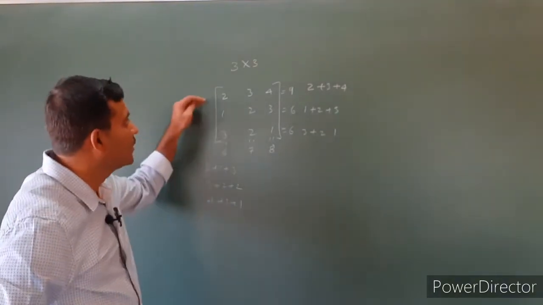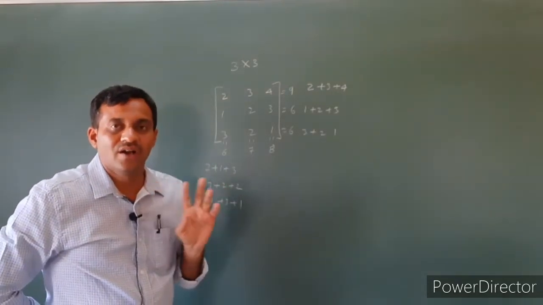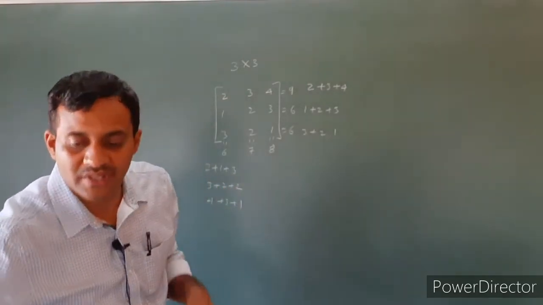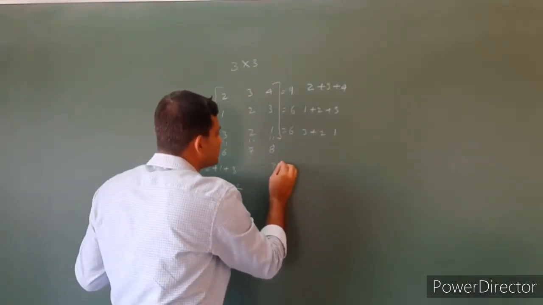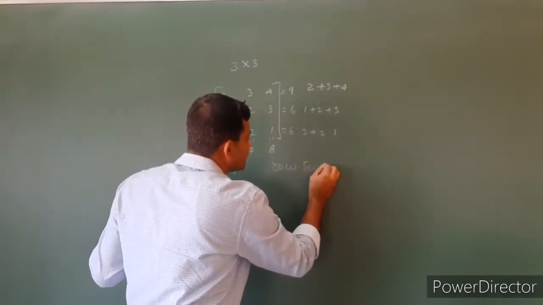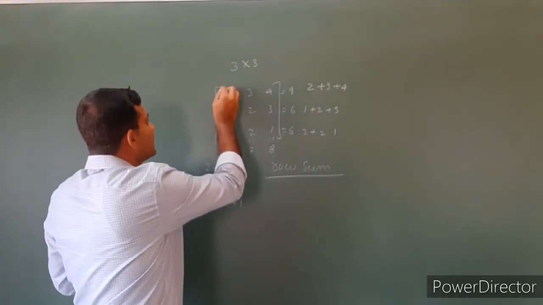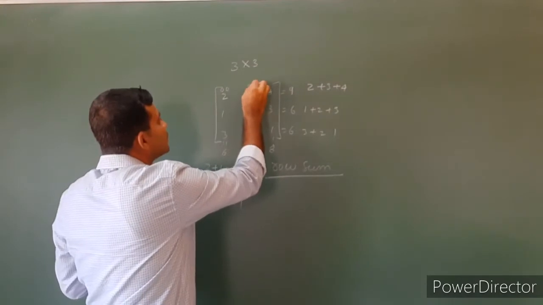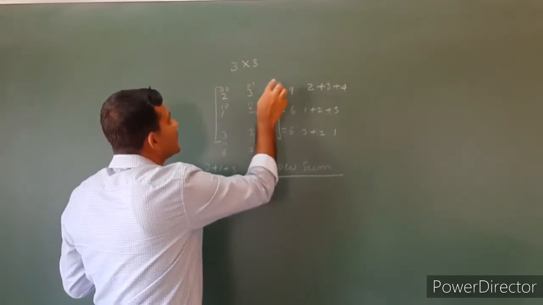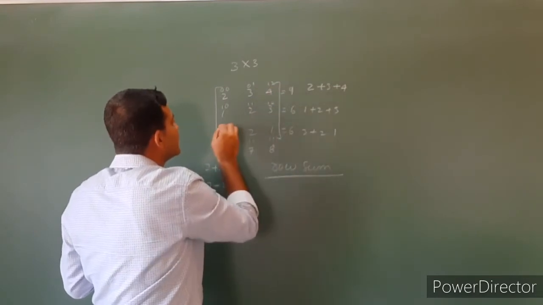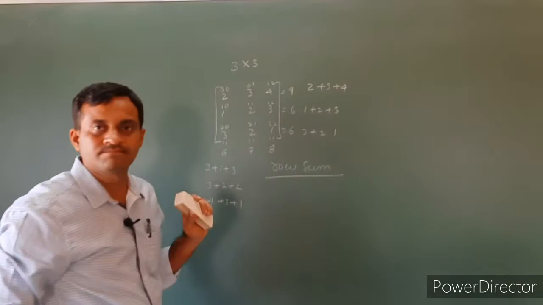We have to find the row sum and column sum separately. How to find the row sum and column sum? Here is the logic to find the row sum. Sum of row elements. See the addresses. Here it is 0,0; 0,1; 0,2. Then here 1,0; 1,1; 1,2. Here it is 2,0; 2,1; 2,2.